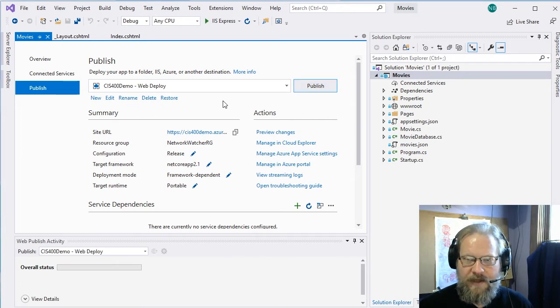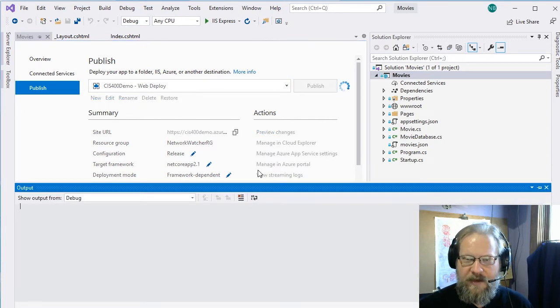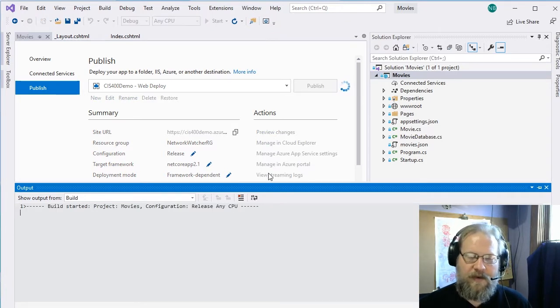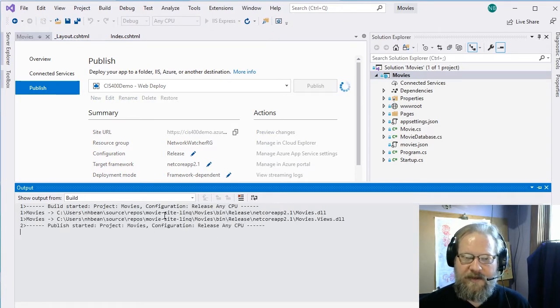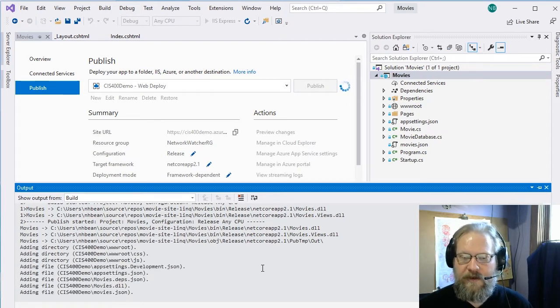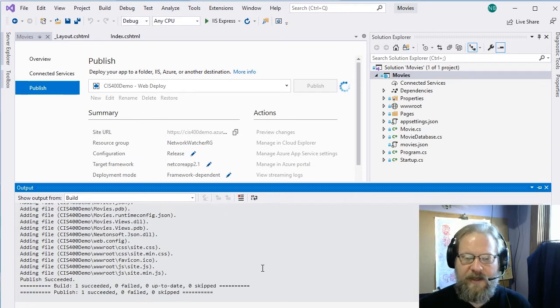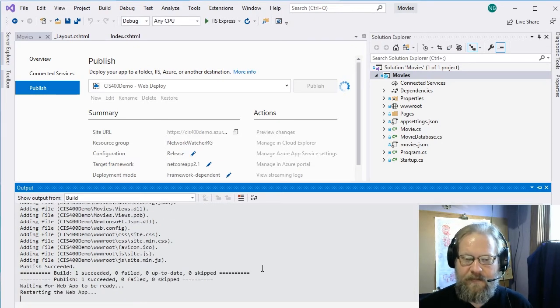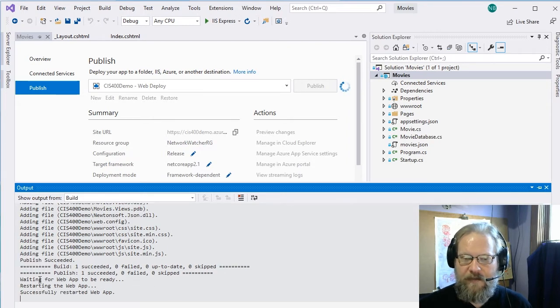So if we're happy with this and we want to go ahead and publish our website, we just click this publish button. That's going to go ahead and start a build. As you can see, we're going to build all of the DLLs, and then once we finish building those, we are going to go ahead and deploy those by pushing those out to that Azure web service that we've set up. And notice that once it finishes the publish step, it will wait for that to basically be ready. It's going to start the web app. Once that web app is running, it will tell us it successfully started that and our publish has succeeded,